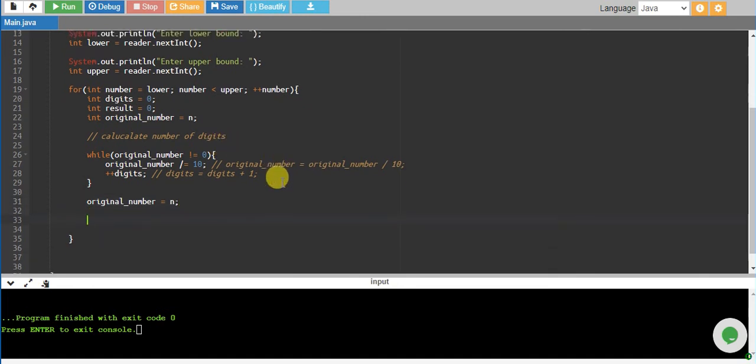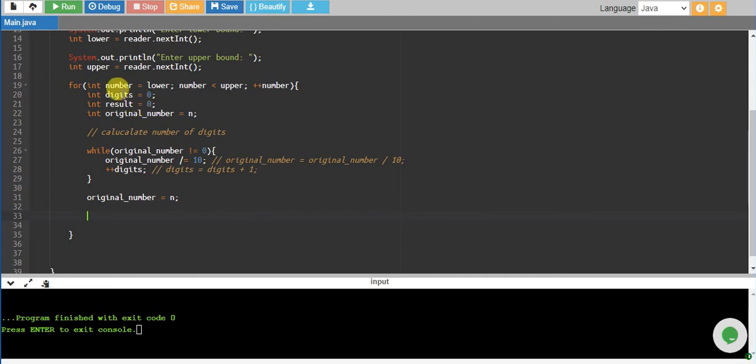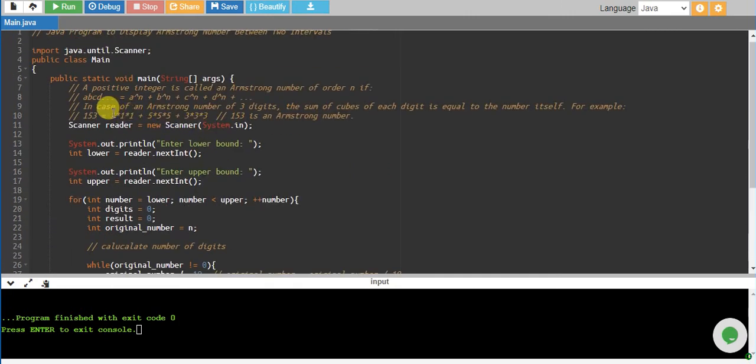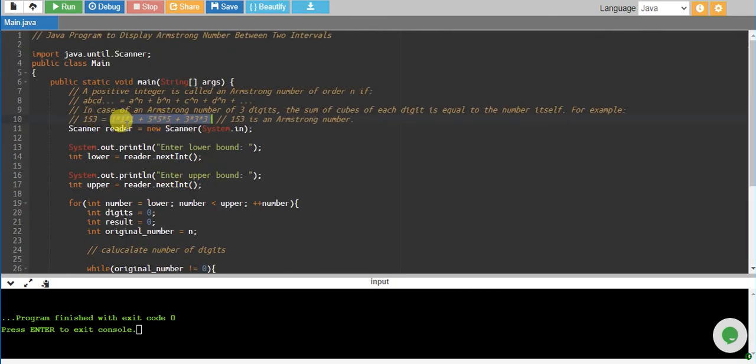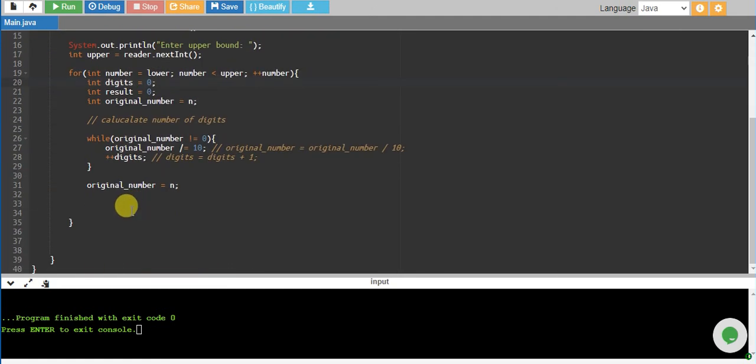Now since we have the number of digits and we have the number itself, let's make these calculations. For these calculations, we need to take one digit at a time and then raise it to the power of the number of digits which we have already calculated. So we will run the while loop again while our original number is not equal to 0, and we will take the remainder, equals original number remainder by 10. This will take the last digit. If we take the remainder of any number by 10, it will return the last digit.